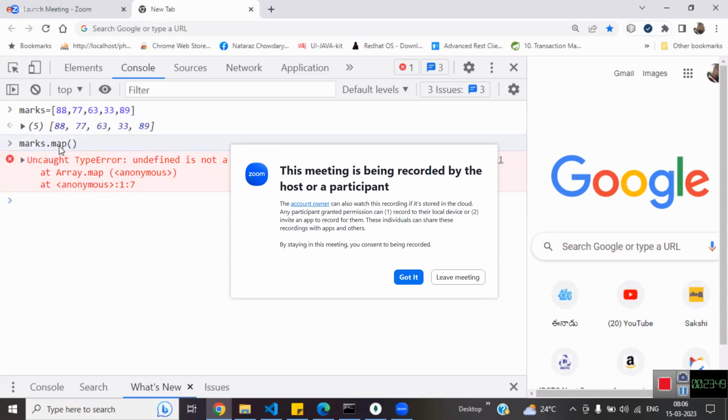If you don't pass anything to my map, the default value is undefined, and it is being used like a function, so undefined is not a function. My map method takes as its first argument a callback function. One function as an argument. Yes, one function as an argument. If I press enter,